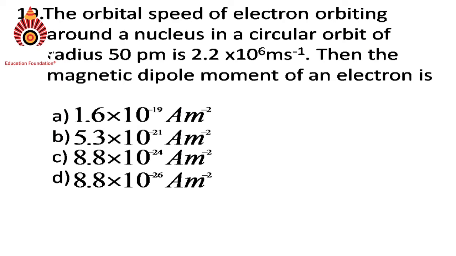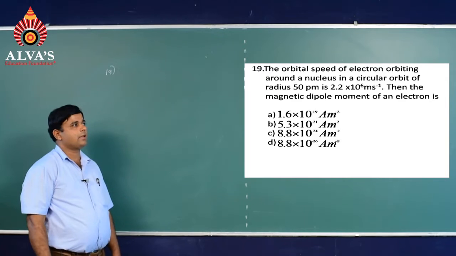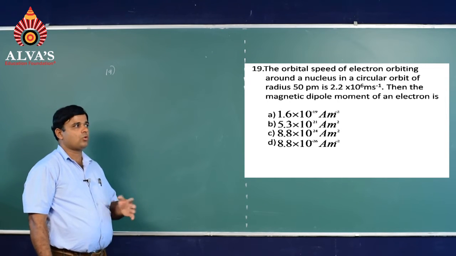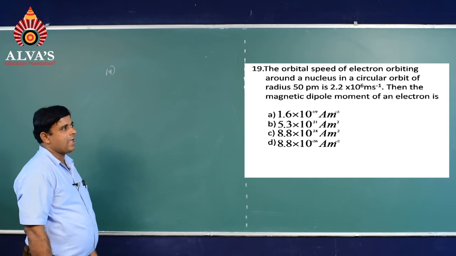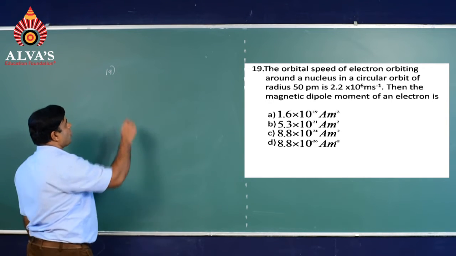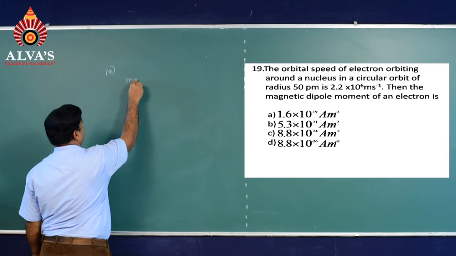The orbital speed of electron orbiting around a nucleus in a circular orbit of radius 50 picometer is 2.2 into 10 to the power 6 meter per second. Then the magnetic dipole moment of an electron is. Here electron is revolving around the nucleus in a circular orbit. So, it possesses dipole moment. Dipole moment of revolving electron is given by the formula